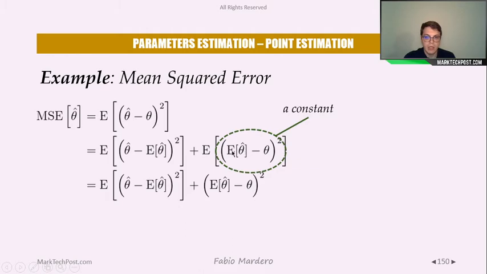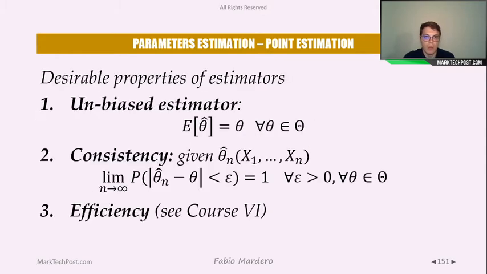But again, this is a constant, since this is a value, the true parameter value. This is a value, since it's the output of an expected value computation. So again, we don't need to take the expected value inside it. And we get these two terms. We will see in a bit what they mean. But first, since we are interested in finding some good estimators, let's list some good properties